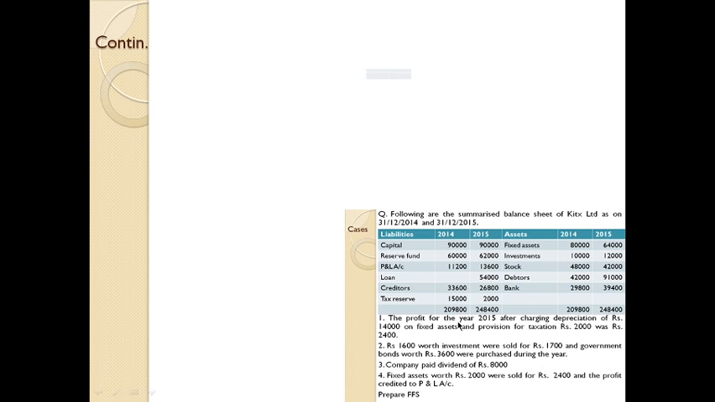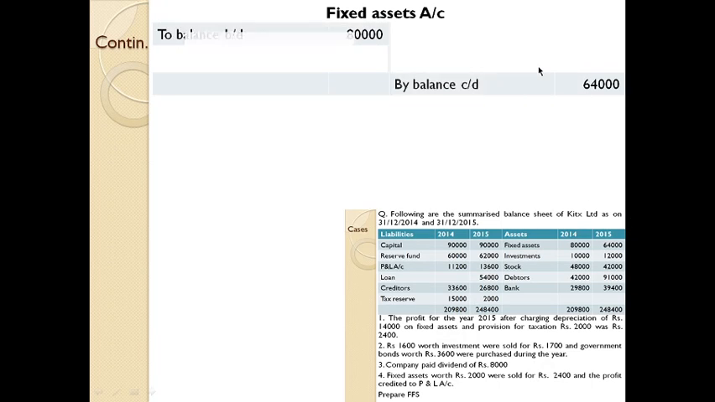fixed assets. As we have done earlier, here fixed asset total and opening and closing balance is given. So let us write down opening as well as closing. Opening is 80,000, closing is 64,000, and in the adjustment it is said that depreciation on fixed asset is 48,000. Since there are no other provision for depreciation like that, let us take that amount as the depreciation on the asset. So provision depreciation 14,000, and it is also said that